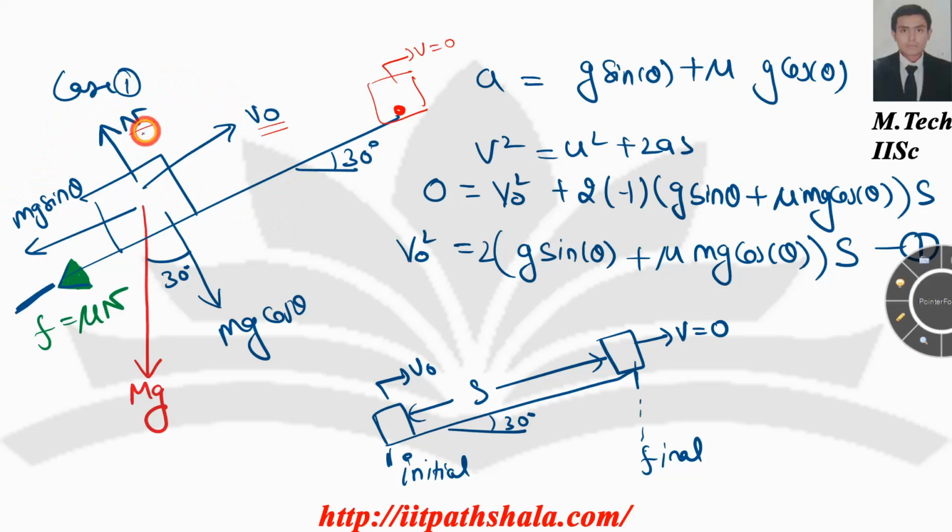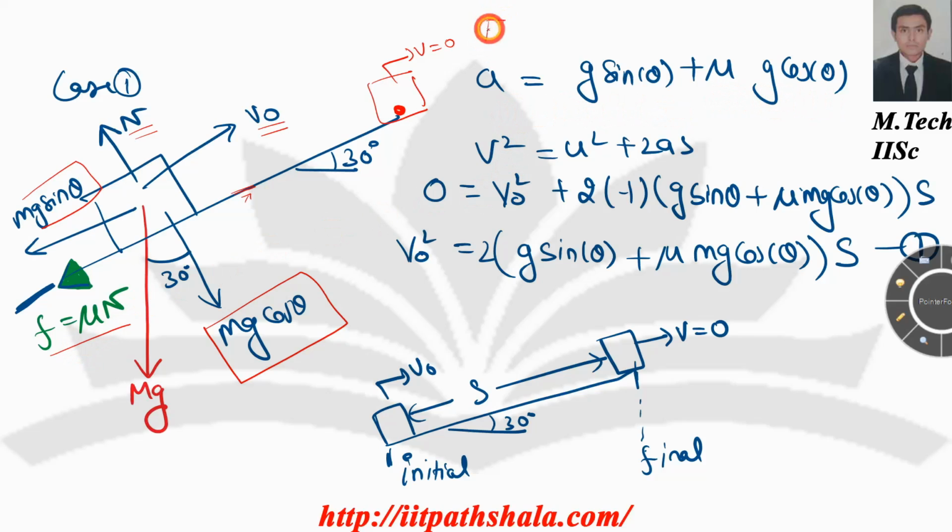Your normal contact reaction will be perpendicular to your rough inclined plane. Your mg will be acting as follows. Then, because your inclined plane is inclined at a certain angle, mg will be divided into two components, mg sin theta and mg cos theta. As well, because there is roughness, friction will be acting opposite to the direction of movement of the block, as it will oppose the motion of the block. This is your friction, as shown in green. Now acceleration is coming out to be g sin theta plus mu g cos theta.